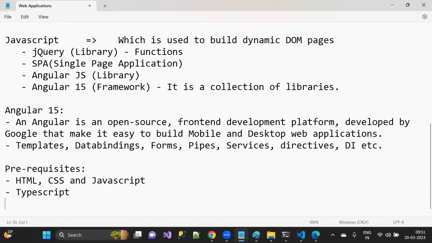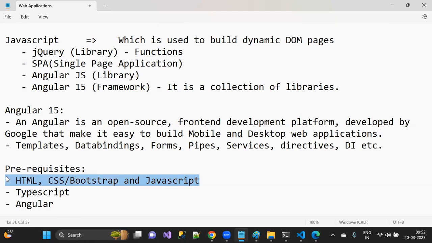And once TypeScript is done, we will see how we can work with Angular directly. And here, definitely, either you can go with CSS or you can go with Bootstrap, but in Angular I'm going to use mostly Bootstrap only. So you people have to be ready with an understanding of HTML, CSS or Bootstrap, and JavaScript. That is very important for me. Then TypeScript and Angular I'll take care of as part of the training program.